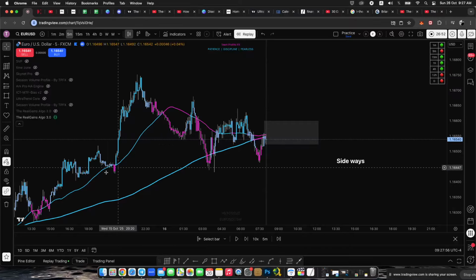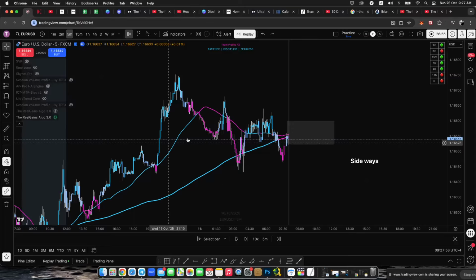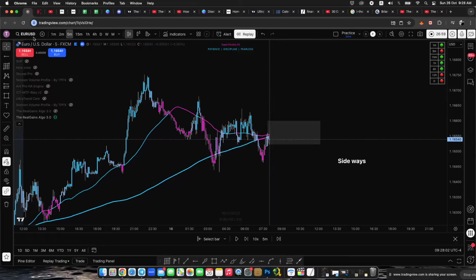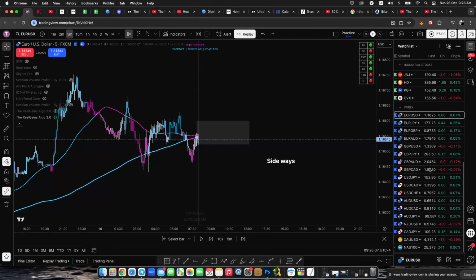What I'm going to do here, I'm probably going to be setting alerts. I can set alerts as well. But I will just skip this pair. I'm going to look for a different pair. There are so many other pairs that I can look at. So I don't want to be looking at a pair where the price is tapping the 200 right at the New York session opening. Because that's telling me that